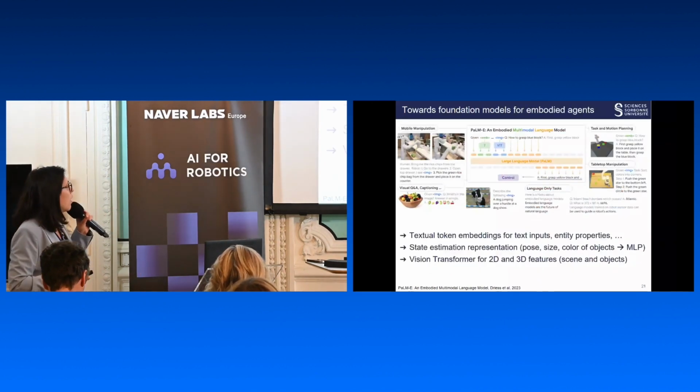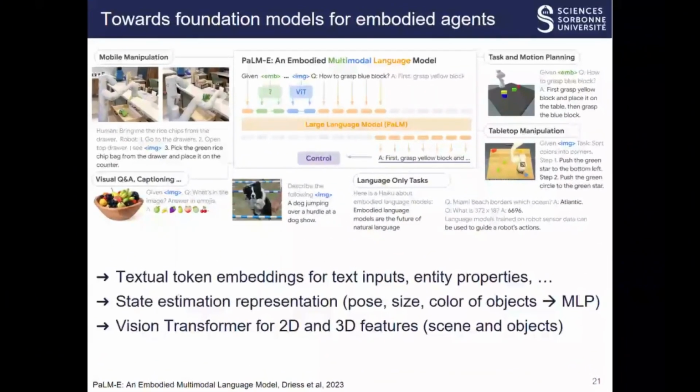A third work towards a foundation model is the PALM-E model. Also, it used prompting as the previous work, in which you can provide text, which is the goal you would like to achieve, for instance. You have also text related to entity properties, the functionality, some properties related to the entity. You have also a representation of the states,